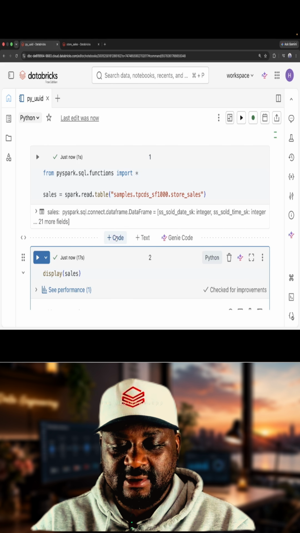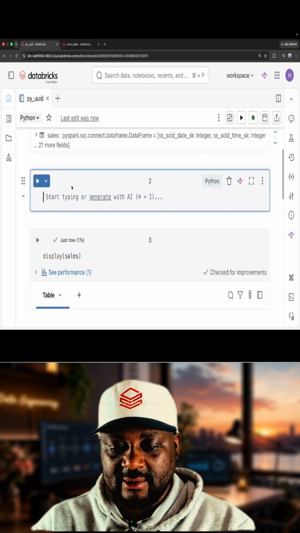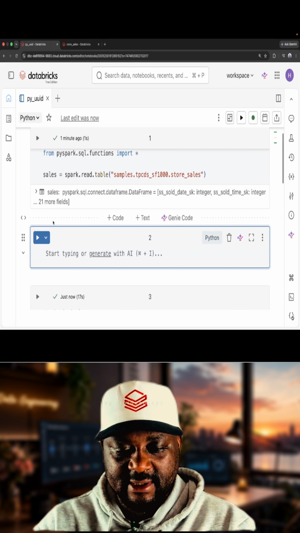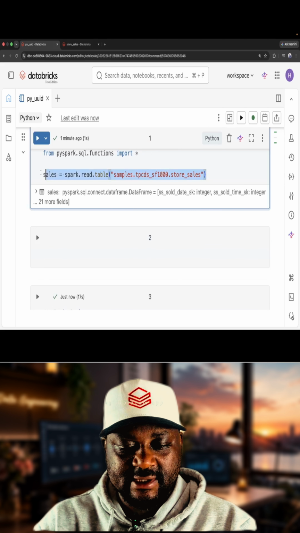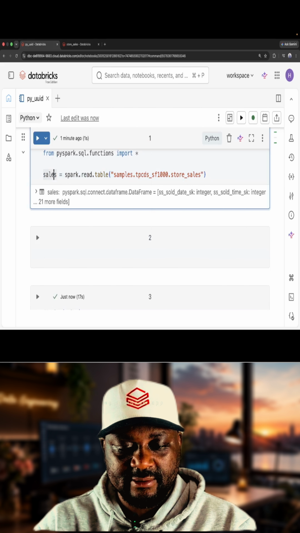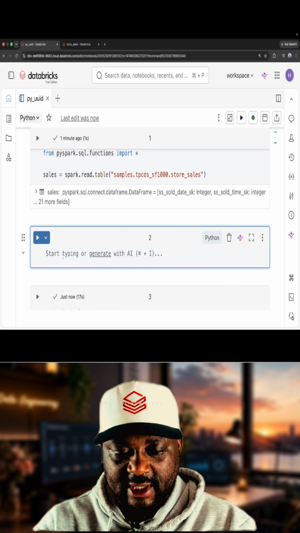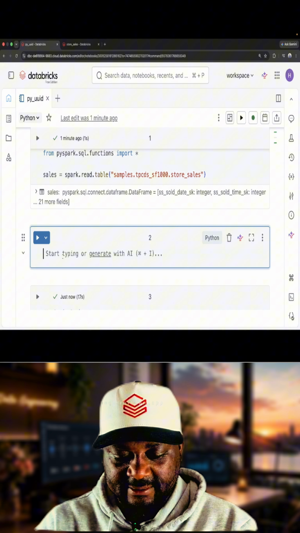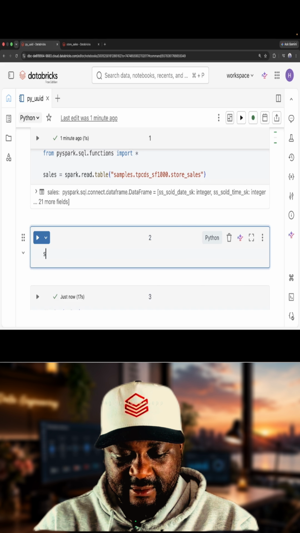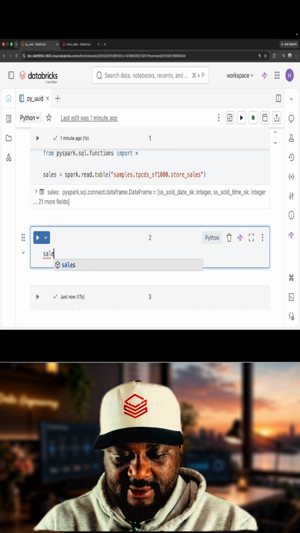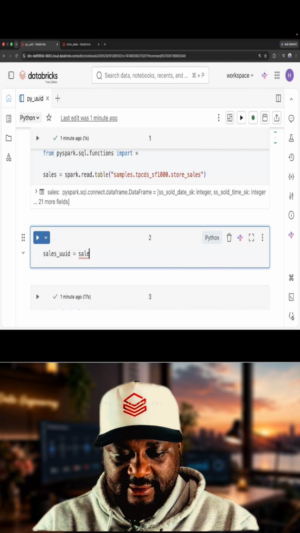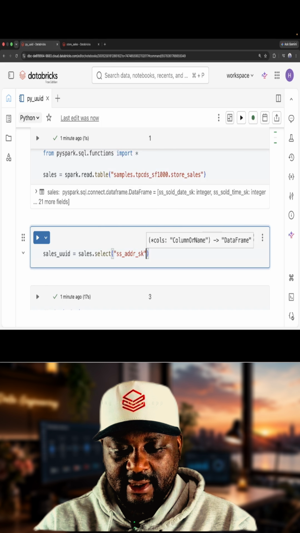To do that, let's create another cell, and then what happens is we've already assigned this to sales, right? Now let's call that and then do a select on it and apply a UUID, right? So let's call the new data frame sales UUID equal sales dot select, bracket,